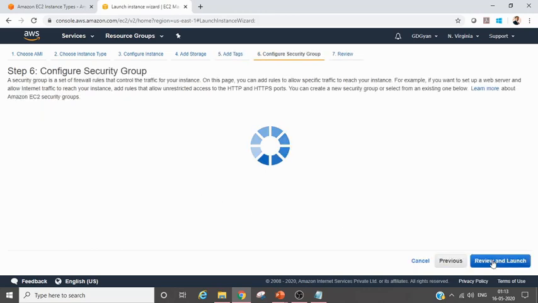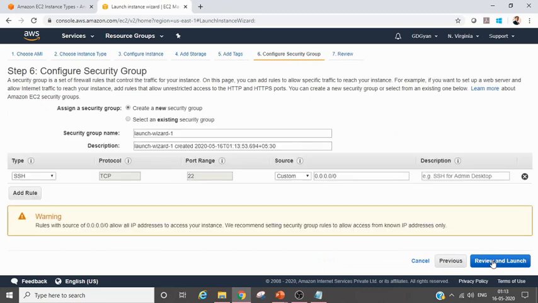So next is configure security group. So we discussed about this thing, and this is very important. Before we go into much detail, understand this security group concept very clearly. Security group enables you to save your data from being hacked by a different group, or it makes you protect your data. So it is one level of firewall you can think of. So I'm creating a new security group. I'm giving it the name GD Gyan.